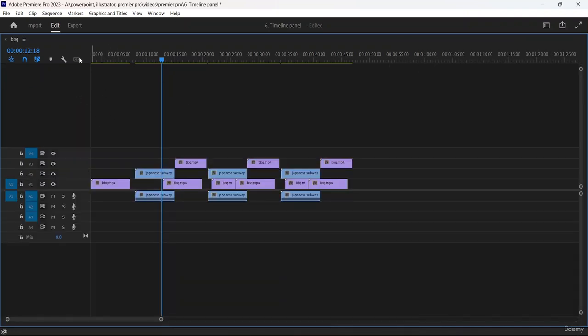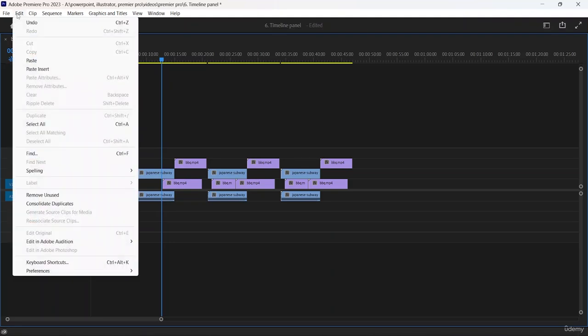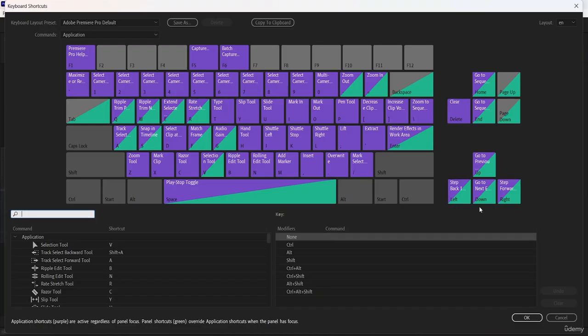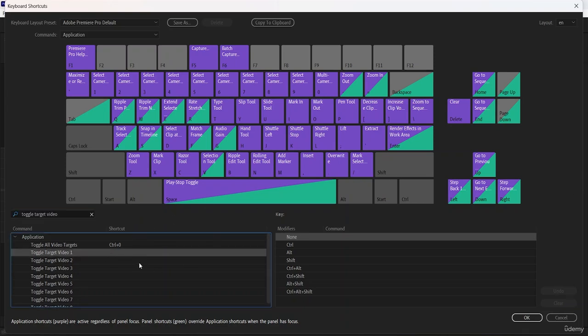Let's bring it to full screen. Now you can also map hotkeys for the toggle track video option. So let's go over here, go to Edit, then select Keyboard Shortcuts. Here we'll type the words toggle target audio, or even you can put in video. Since I want to do the video first, over here we can select whatever we want. We can select the type of